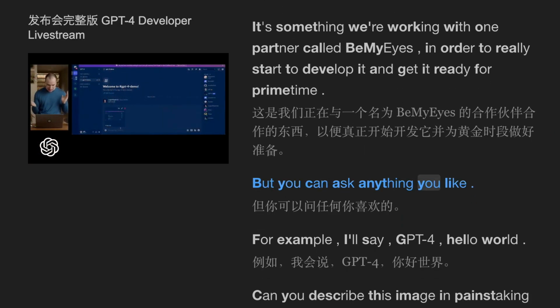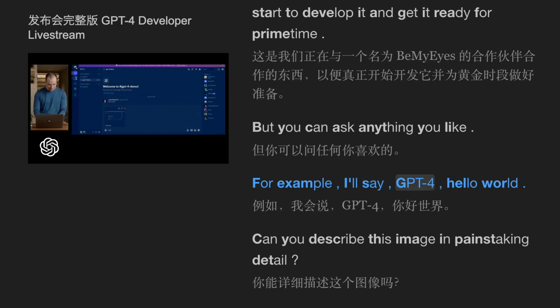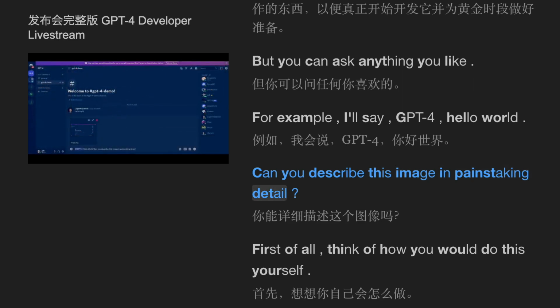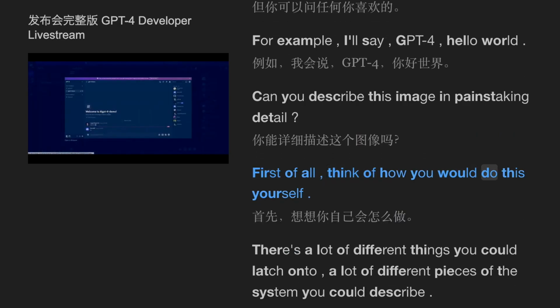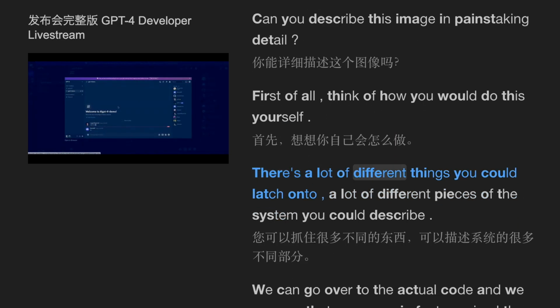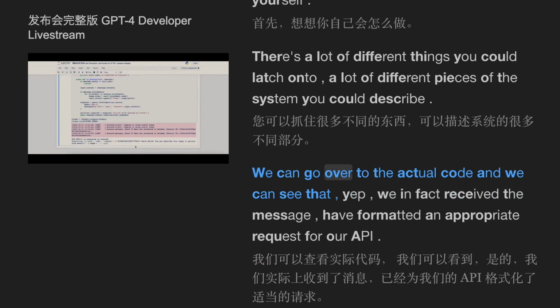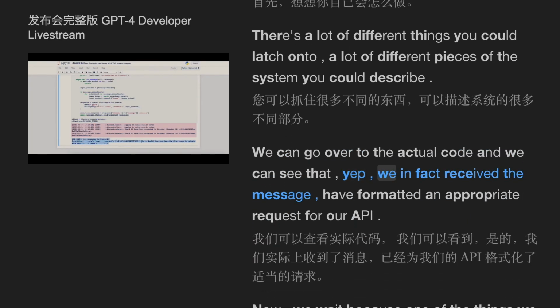But you can ask anything you like. For example, I'll say GPT-4, hello world, can you describe this image in painstaking detail? All right, which first of all, think of how you would do this yourself. There's a lot of different things you could latch onto, a lot of different pieces of the system you could describe. And we can go over to the actual code and we can see that, yep, we in fact received